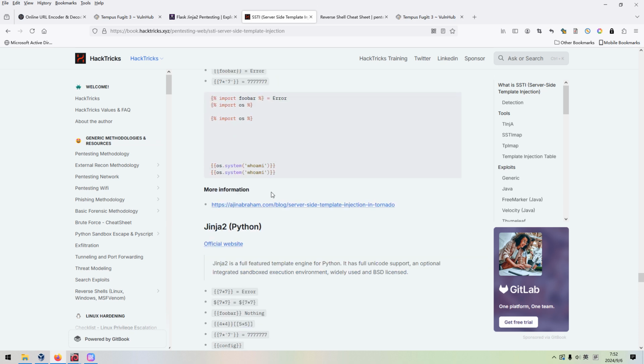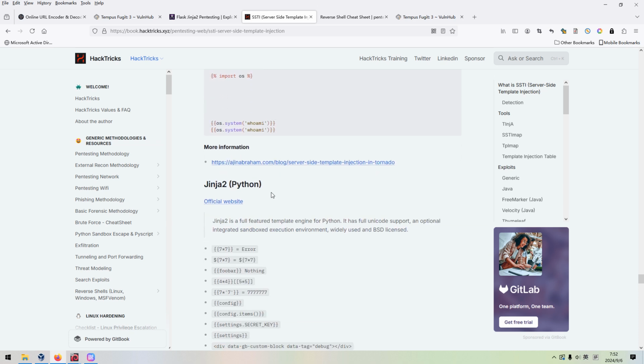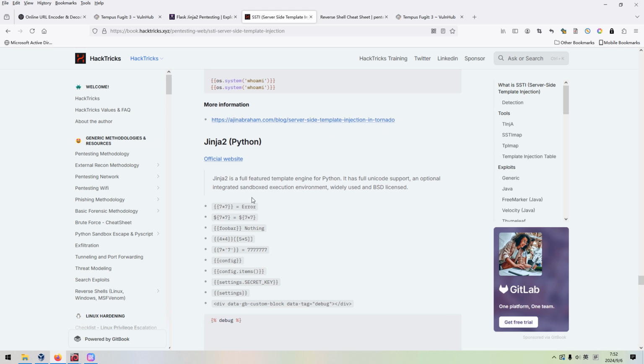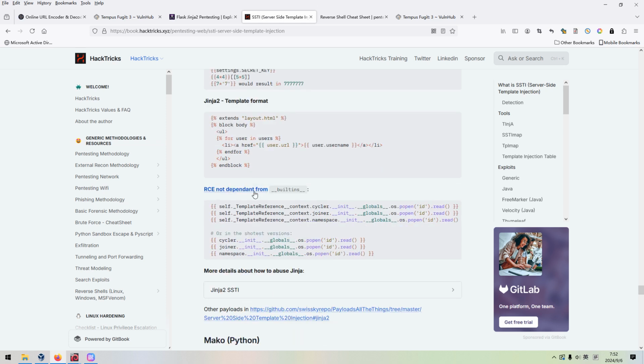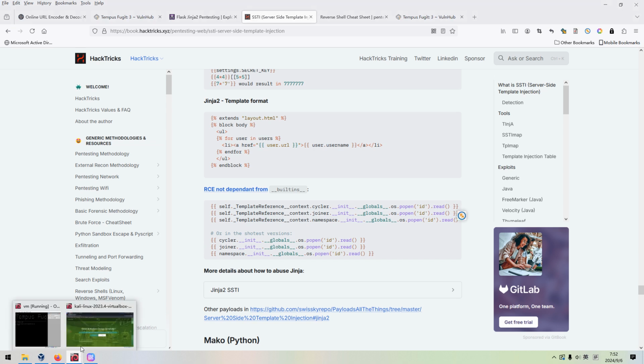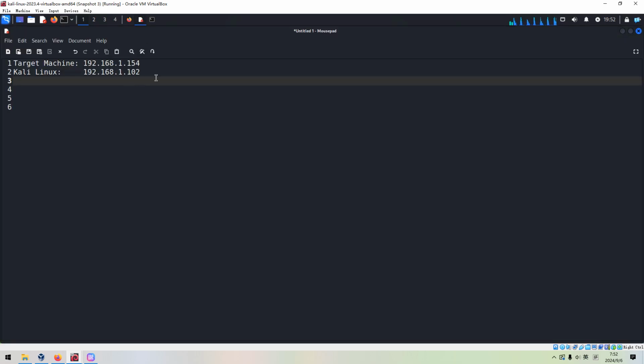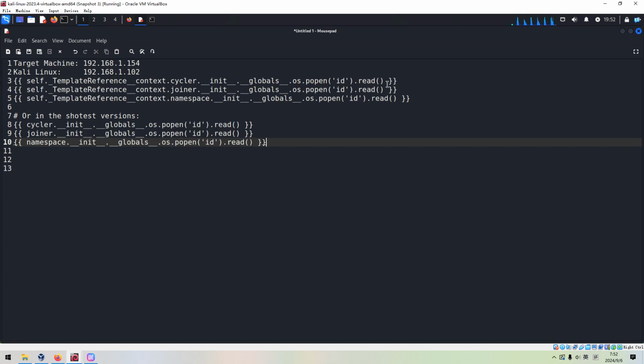But for now, we already know that the target is vulnerable to SSTI, or maybe Jinja2. This is very similar to Django. So next we want to run commands, the remote command execution. So we can copy and paste over here, and we can try one by one.